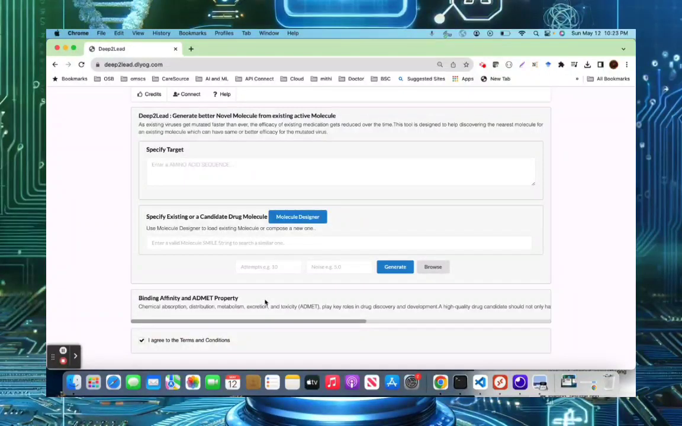This is a quick demo of a Deep2Lead application. This application serves as an assistant or accelerator for clinical research. So the researchers who are trying to develop an efficient drug from an existing drug due to maybe various virus